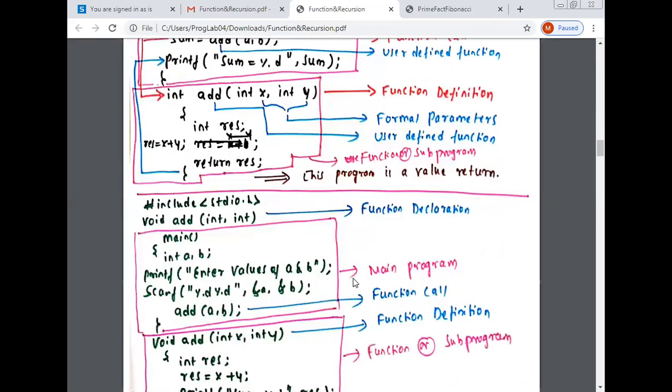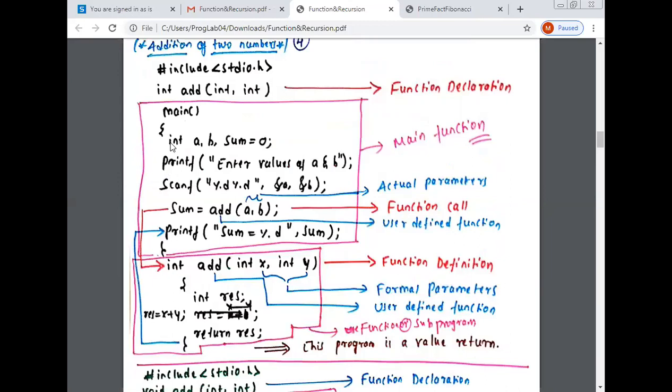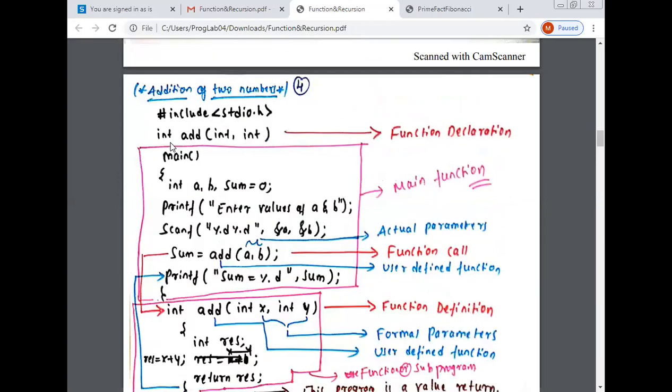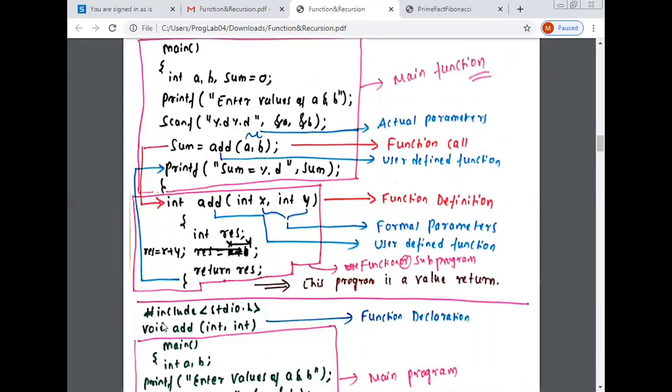Another type of example: hash include stdio.h, void main. Here I have taken void, but in the above example I have taken int, which returns some value. If I take void, it is an empty return, it will not return any values.